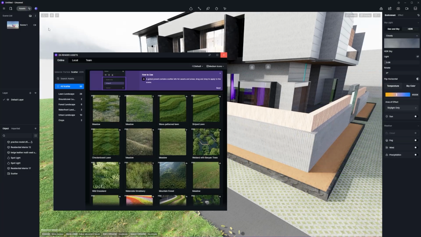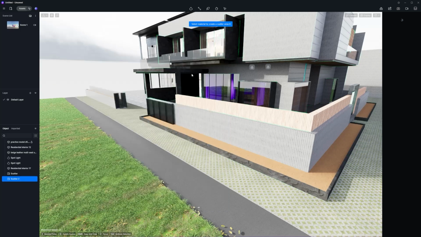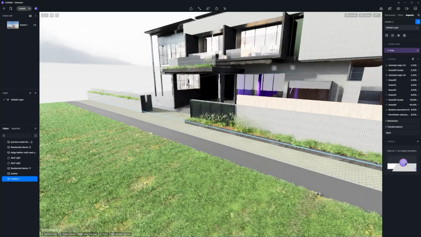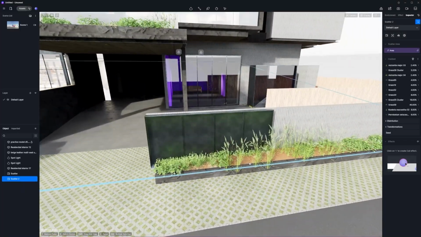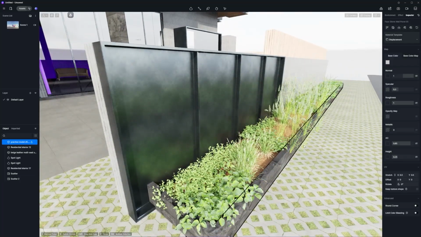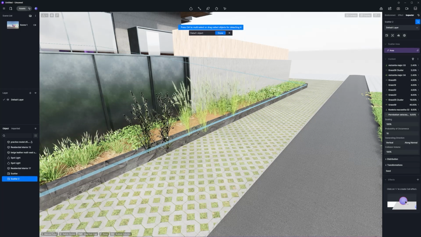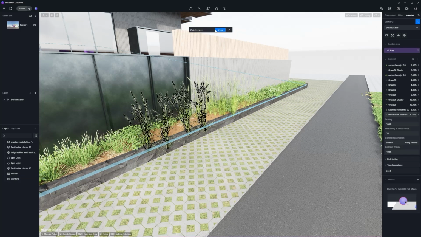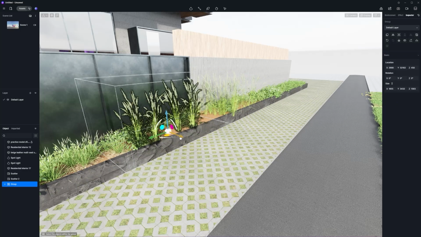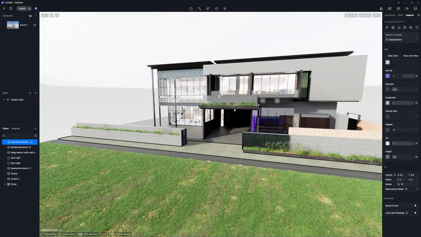Now let me show you something else. I'm going to click on Wild Grassland, click once again there, and click on Create. And give D5 Render a bit of time to populate this area with plants that I want to have. As you can see, some of them are sticking out here. And we can basically select them and adjust them accordingly. And we could actually even turn them off if we want to. So I'm going to select these and click on detach and move them backwards. All right. And this gives us full control over everything that we have in our scene,